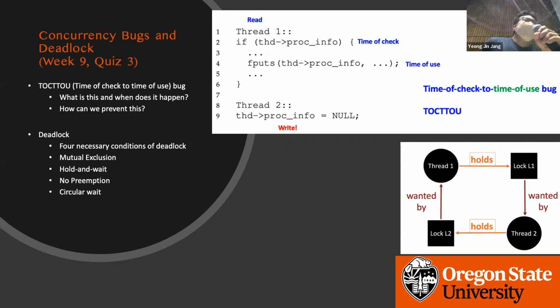Then another severe bug is that if you use the lock incorrectly, there could be a case of deadlock. And then we went over several cases of how we can remove the deadlock. One was to remove mutual exclusion: do not use a lock, use the exchange and compare-exchange primitives directly. And then hold and wait: if there are two locks, and you acquire the first one but fail to acquire the second one, then there could be a problem